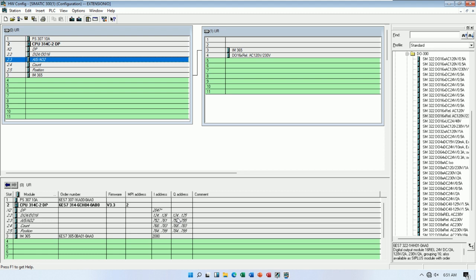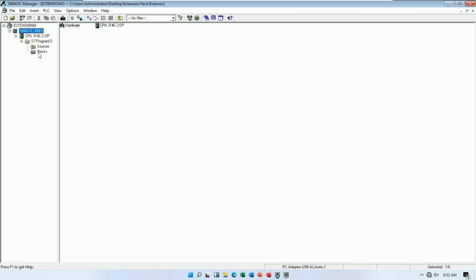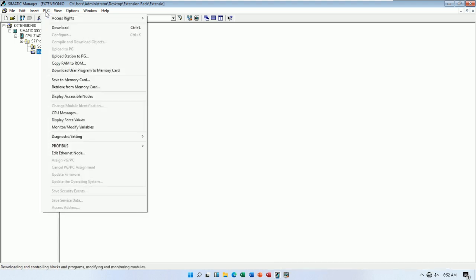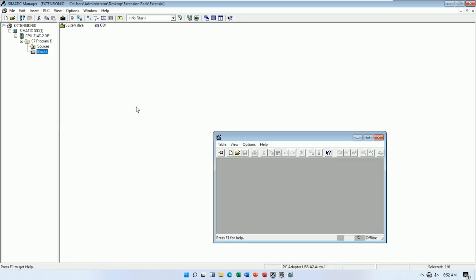16 bit. Start from Q123.0 until Q125.7. Okay. So if we know this address, we can create the block to start and stop the I/O, right? So basically we can test like this. So let's go to block, and then go to the PLC tab, go to monitor, modify variables,